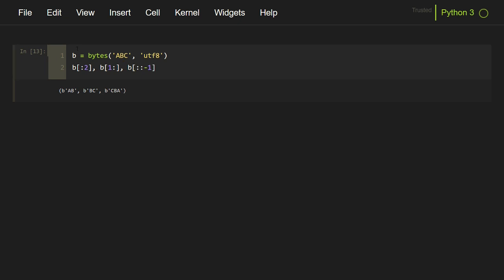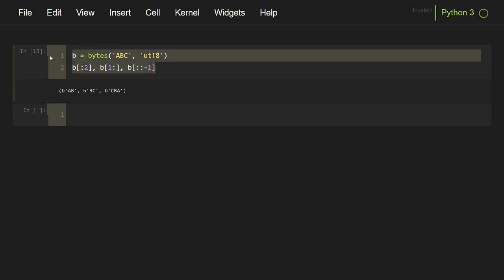But when we run the program, Python creates multiple copies of the original bytes object and then prints the slice of the bytes object like this. But there was no need to make copies. We were just reading data from this object. Now this bytes object is small, so it doesn't matter. But imagine this b object now carries a very high resolution image. Now if you consider this slicing as the cropping operation, just imagine how much memory needs to be allocated if we follow this approach.